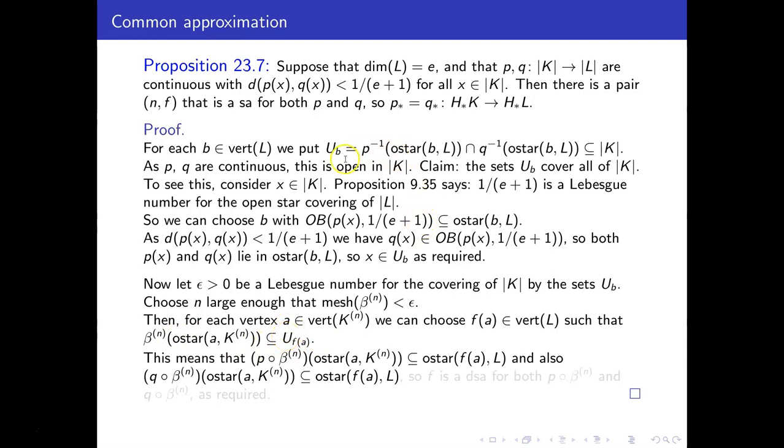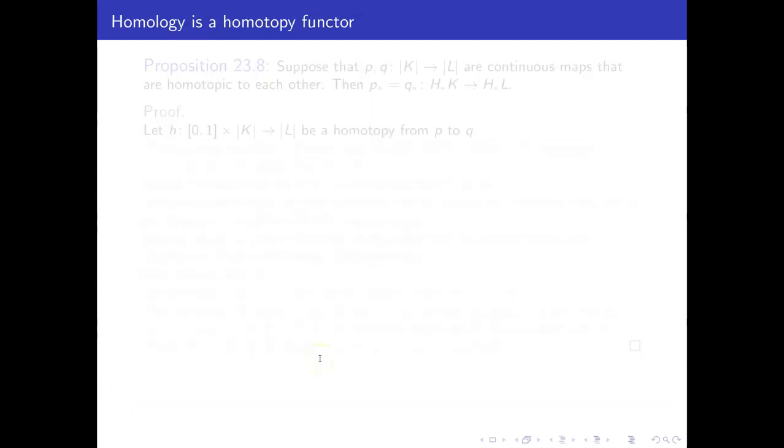U_FA, remember, is the intersection of these two pre-images. So what that's saying is that P composed with beta n sends this open star into the open star of FA, and also that Q composed with beta n sends this open star of A into the open star of FA. This first thing is the condition for F to be a direct simplicial approximation for P composed with beta n, and this thing is the condition for F to be a direct simplicial approximation for Q composed with beta n. So both of those things are true, which means